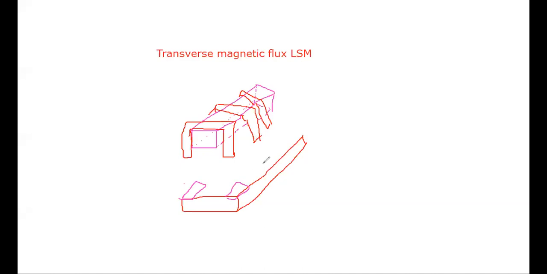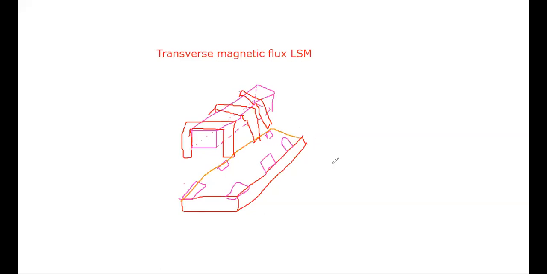Again, here there is a core, and we place a magnet here. Similarly, at this side there will be a core, and again we place a magnet here. Again, here there is a core, and below this core we place a magnet. Again, at this terminal there will be a core, and we place a magnet. And this is what our secondary is made of.